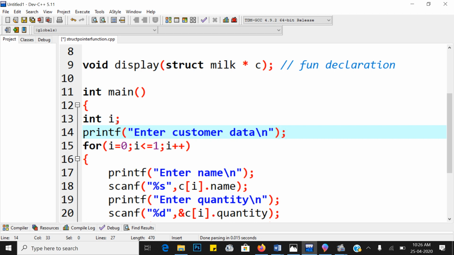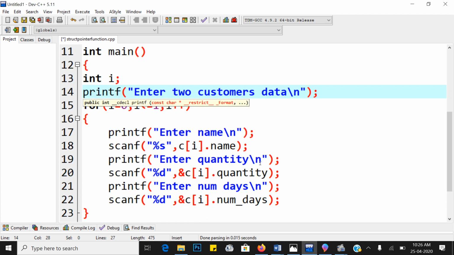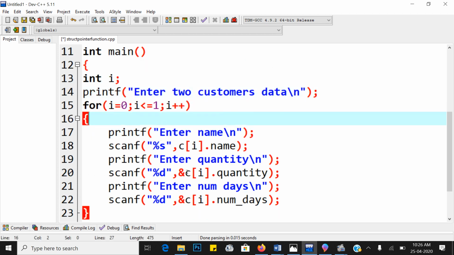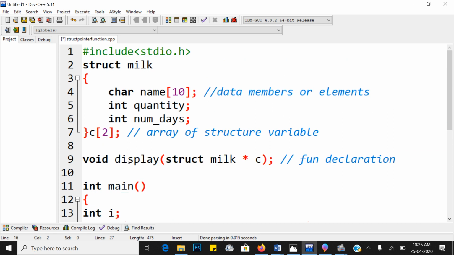So this is the message to the user, so that the user understands to enter customer data. After that take the data from the customer in the structure array C of 2. This is the array of structure variable.